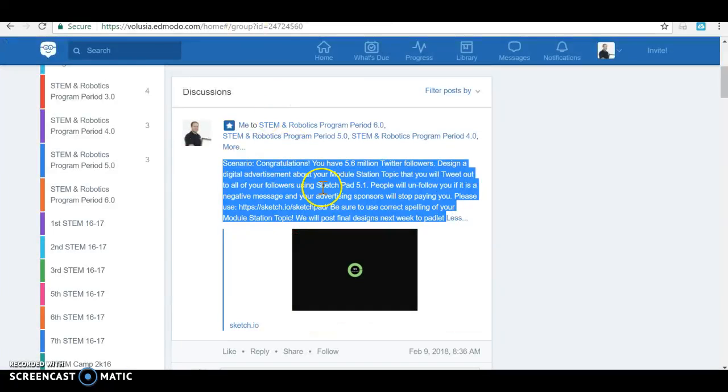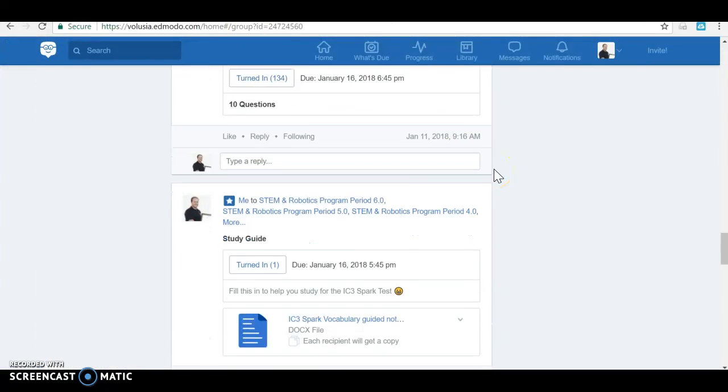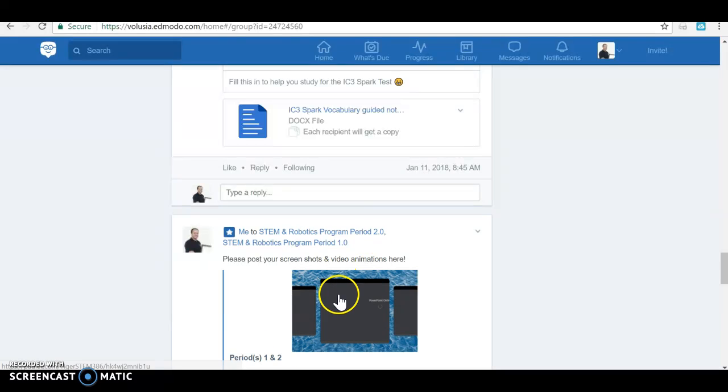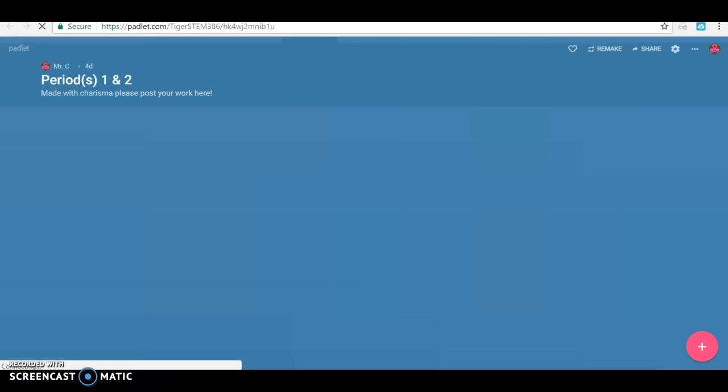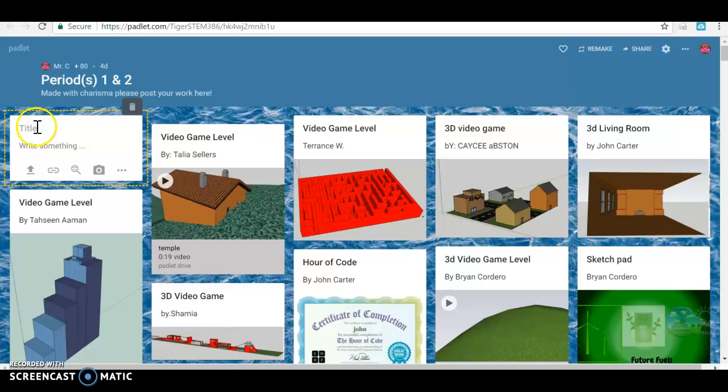Now you can go to your Padlet page. So click on your Padlet page, and you have a title, and you're going to put who is it by. So your title, you want to put and then who's it by,